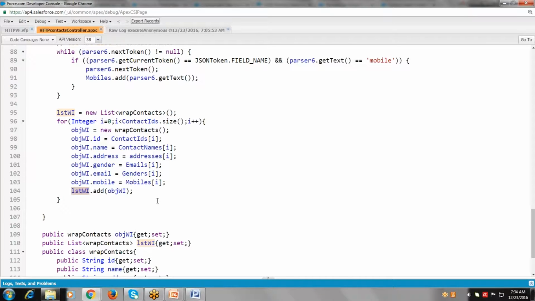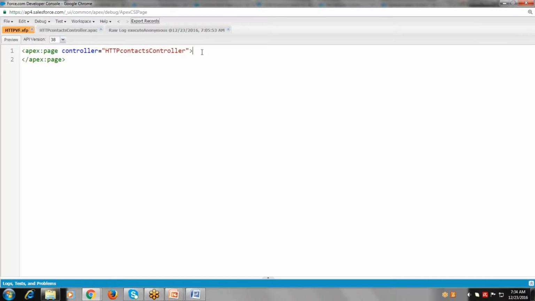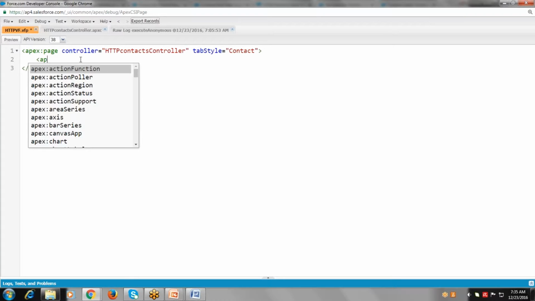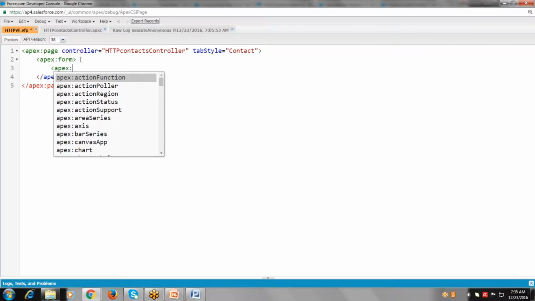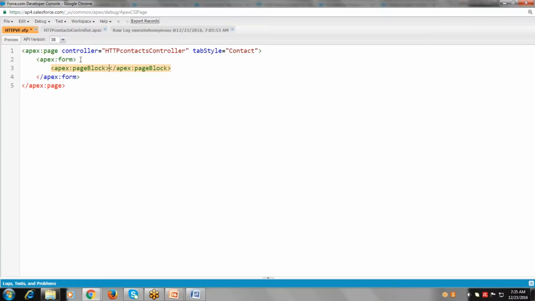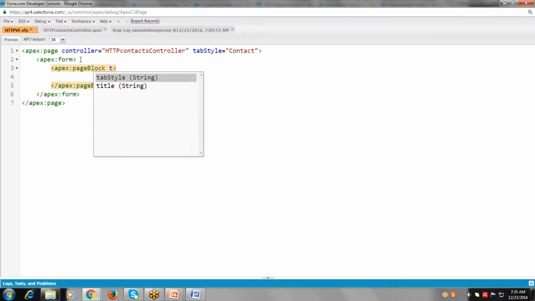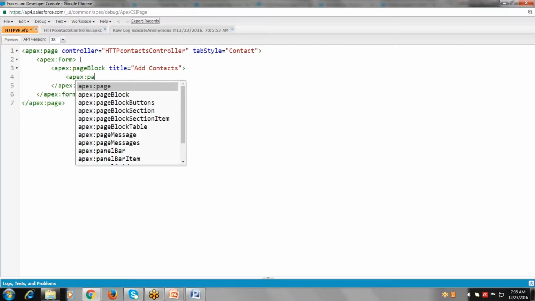So first we'll check how the data looks. I'm going to the Visualforce page, adding the tab style, and adding the data to the page block table. Now this is normal Visualforce page code. Page block title equal to contacts or add contacts. Apex page block table